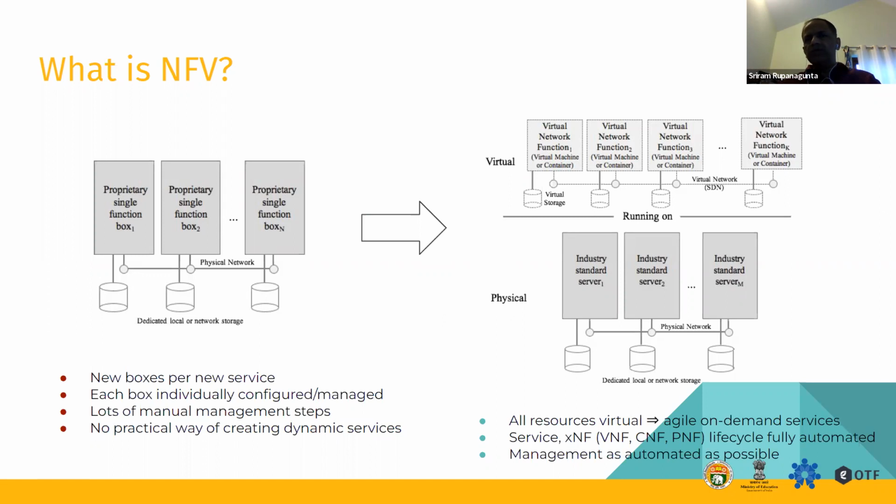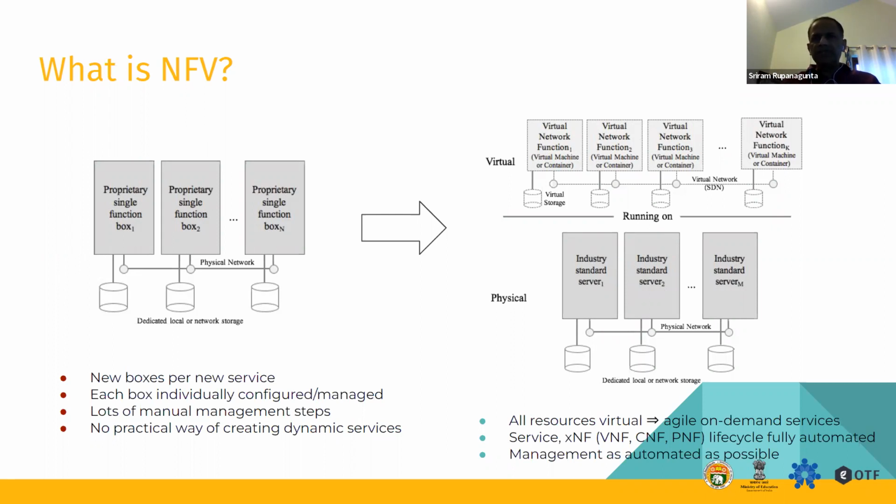So from that, the world is moving to more virtual world where the hardware remains the same, and then you build a virtualized layer on top of it. And they could be virtual machines or containers. So we'll talk a little bit about both during the presentation. So essentially, the whole idea is that the entire setup is going to be agile and it's on demand. Right? And the other important part is that everything is automated. So in fact, the entire ONAP project is about automation. So we'll talk about that as well.